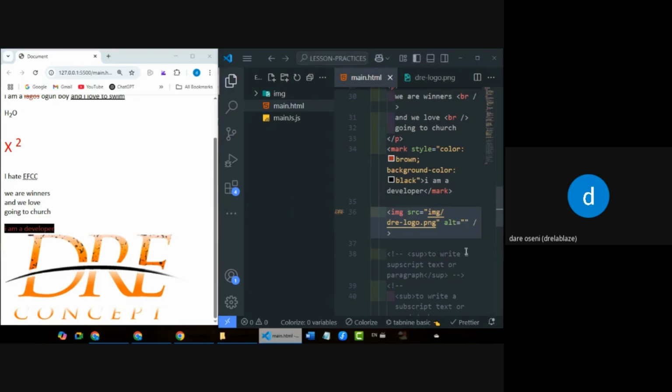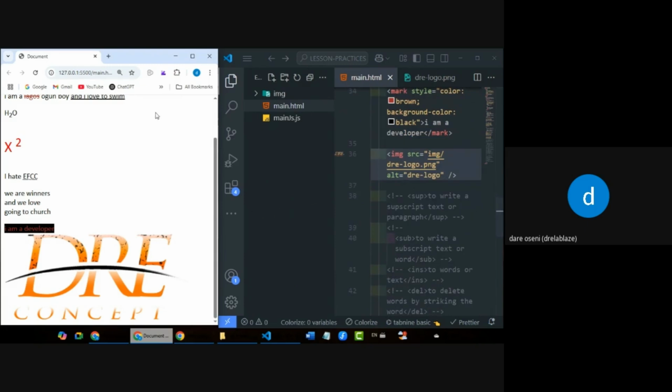So the alt attribute is just a name you want to display if the picture is not showing. I can just say Dre logo here in the alt attribute. So if the picture is not showing, it's the Dre logo text that will show there, so that you would know that a picture was supposed to load here but couldn't load. That's the work of the alt attribute. Okay, so that's how to bring in a picture